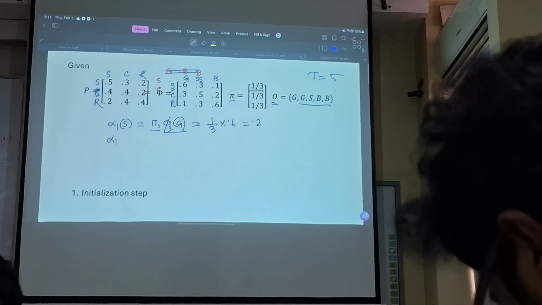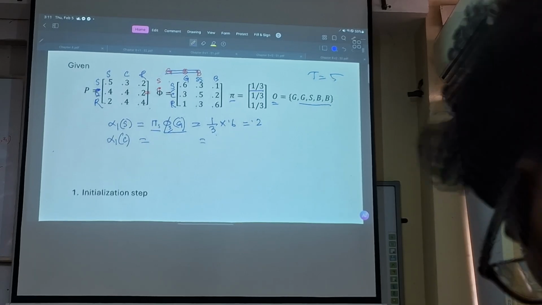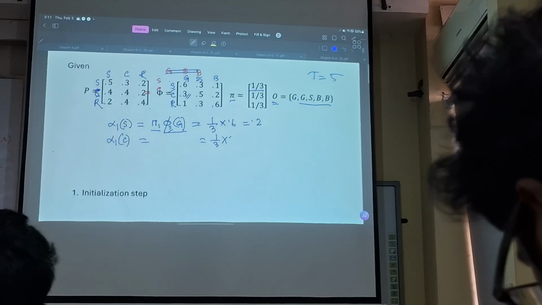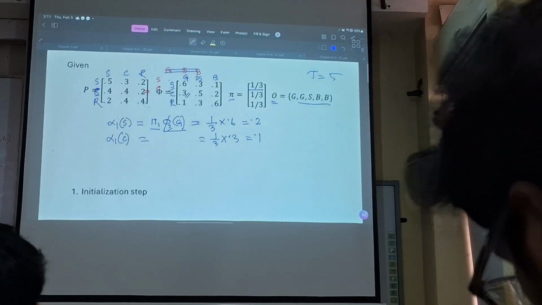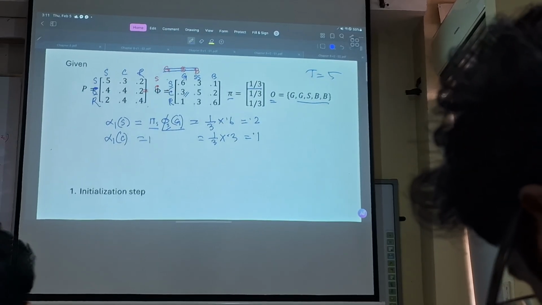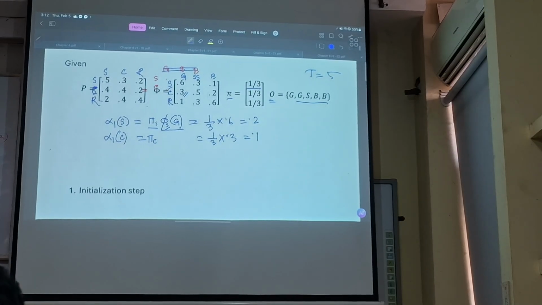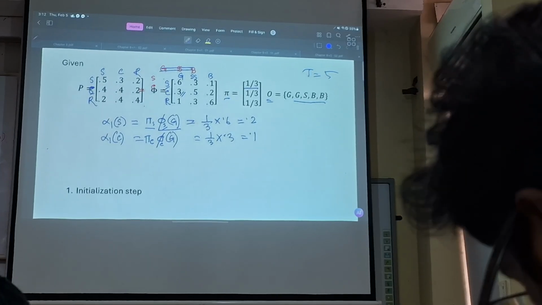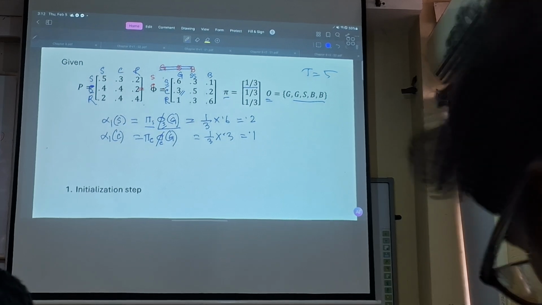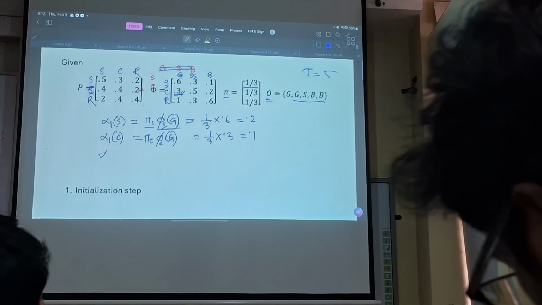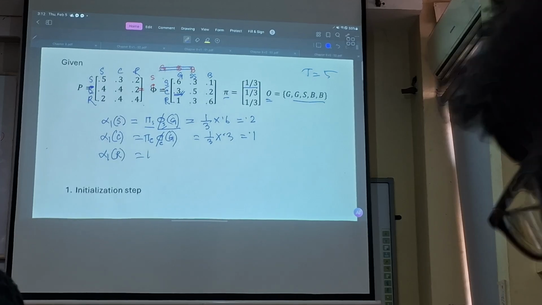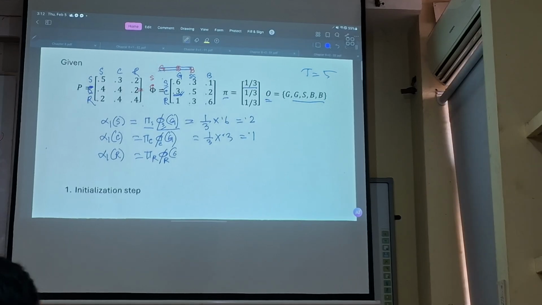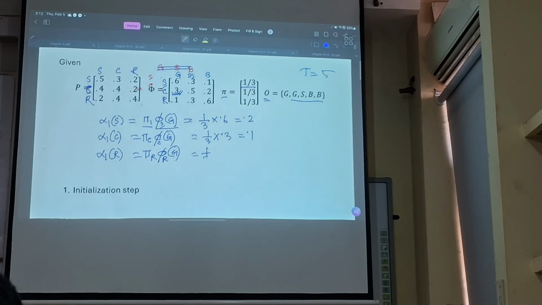Then alpha 1 of C will be 1/3 into what? Because the chain starts in a cloudy state, and from this cloudy state we find that the mood is good. So pi C times b C G, which is this one. Finally, alpha 1 of R will be pi R times b R, right? This will be 1/3 point